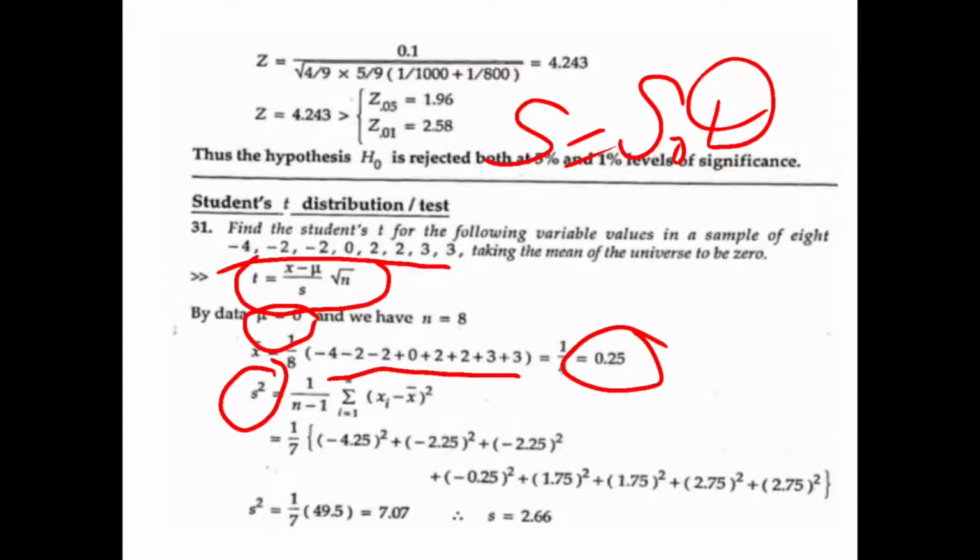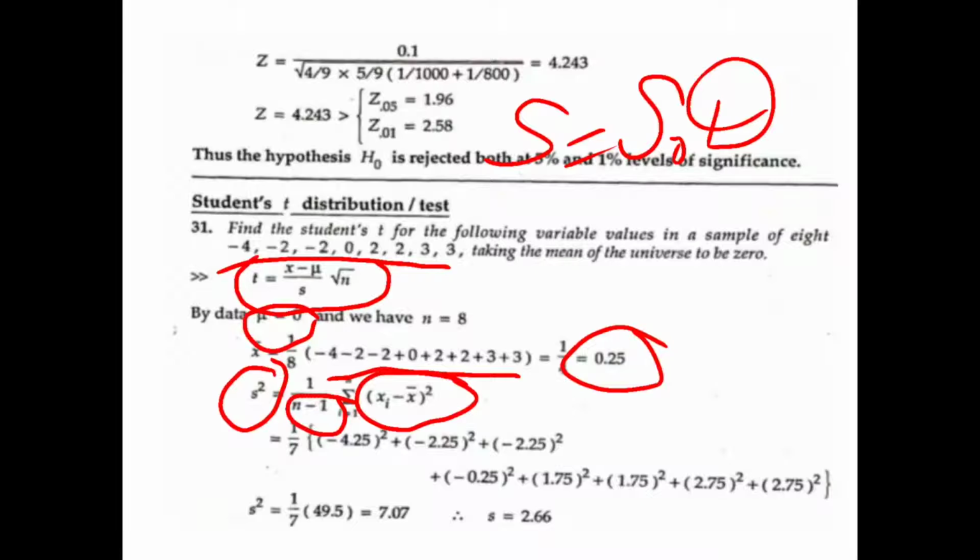One of the formulae to find the variance is: consider the difference between the variable and the mean, then take the squares of all the differences, take the sum of all the squares, and then divide it by n minus 1. Then you get the variance of the given distribution. This is just small data. Just like discrete data, how you find arithmetic mean, variance and standard deviation for discrete data, the same thing we are going to do here.